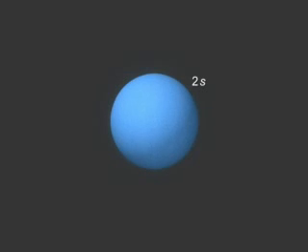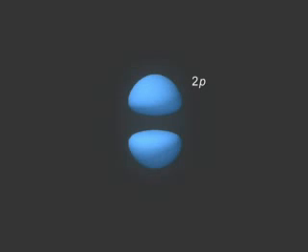This small bright sphere represents the ground state hydrogen atom. In this most stable state, the atom is in the n=1 energy level, and its single electron occupies the 1s orbital. When the atom is excited, and depending on the amount of energy it absorbs, the electron can occupy one of several higher energy orbitals, such as the 2s orbital, the 2p, the 3s, the 3p, the 3d, and so